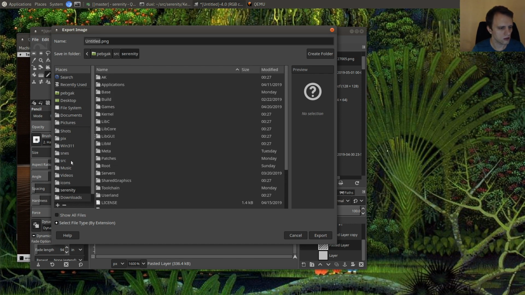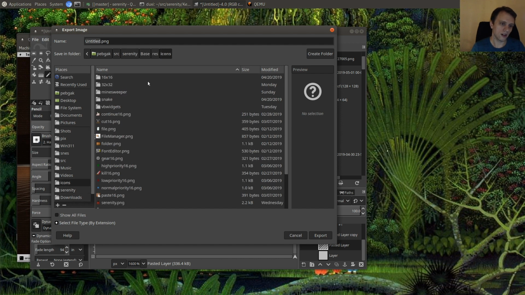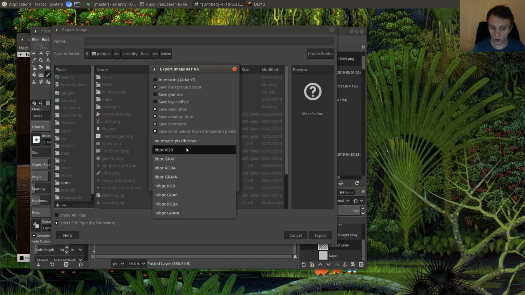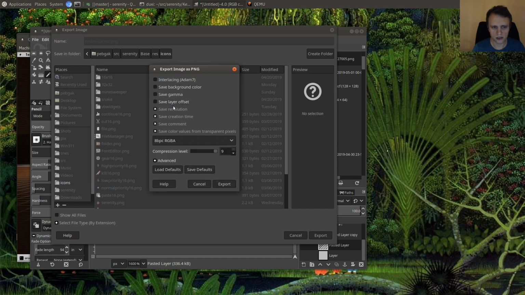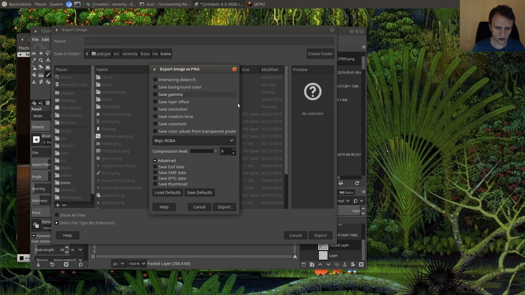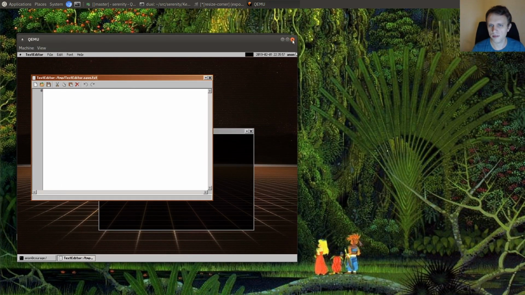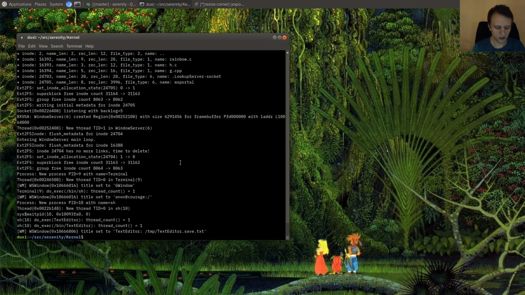So let's go into the icons directory here, and I'll call it something like ResizeCorner.png. And Serenity can actually only read a particular pixel format of PNG right now, so I have to select that here to make sure that GIMP saves in the correct format, and then I just turn off all of these things really for no reason other than why have them there if they're not used. Okay, so